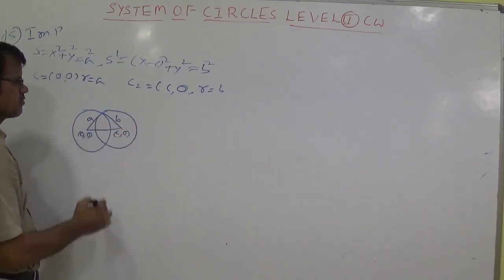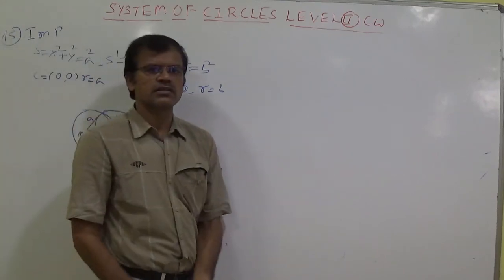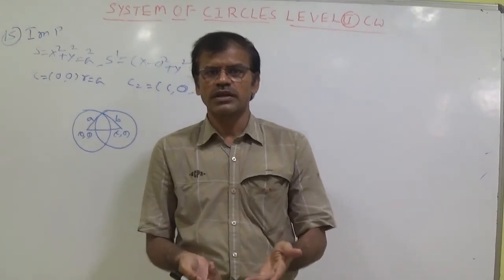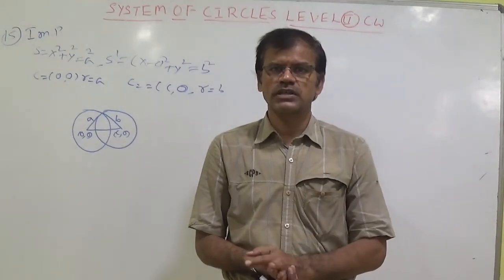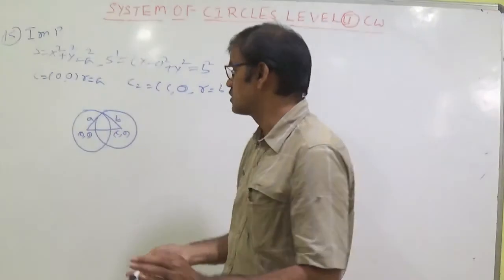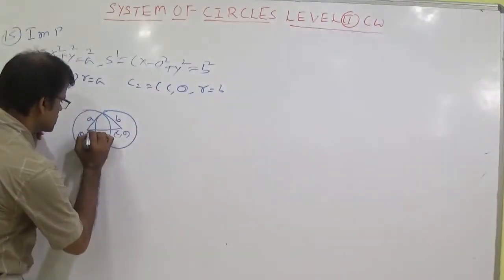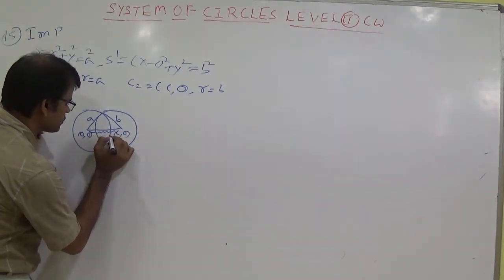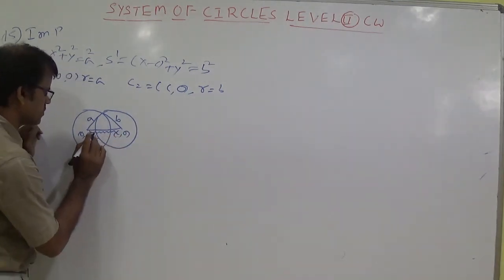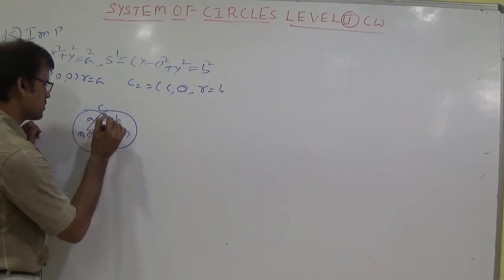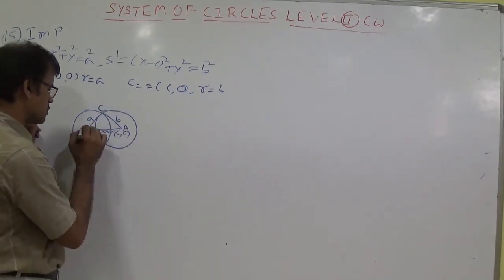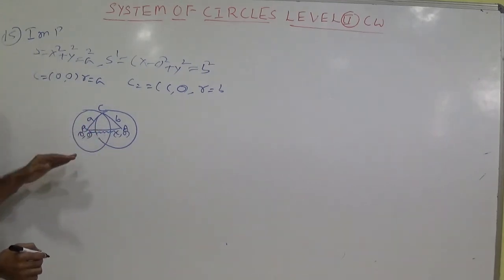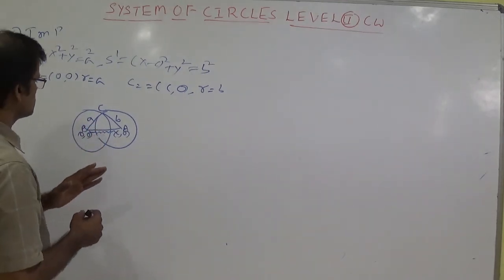For this circle, draw like this. This is small b. According to triangle theory, the side opposite to capital A is small a, the side opposite to capital B is small b, and the side opposite to capital C is small c. So here the distance from 0, 0 to c, 0 is c. Put here capital C, capital A, capital B. This is the logical thinking. So this is triangle ABC.